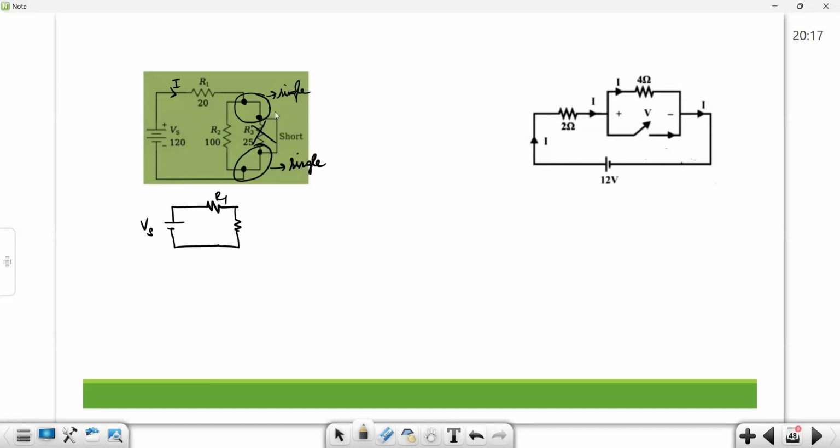Then this short is also across this 100 ohm, so that will also be cancelled. So what will happen finally? Only